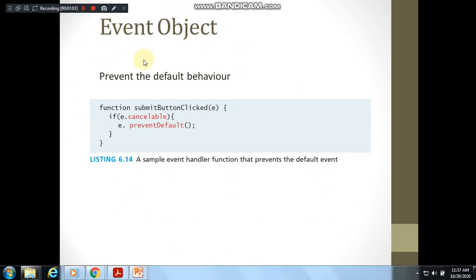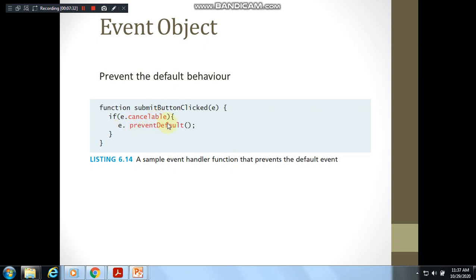So this example illustrates how to prevent the default behavior of any particular event. Say for example, you want to prevent the default behavior of a submit button. Like say the function we have called, you can give any name for the function, submit button clicked, certain event is passed to this as a parameter. If e.cancelable, if it is a cancelable one, then you are preventing the default one.